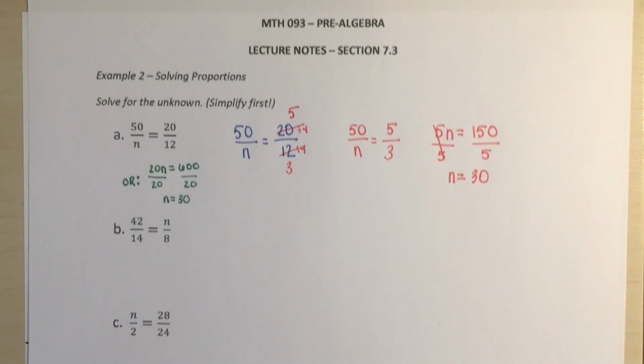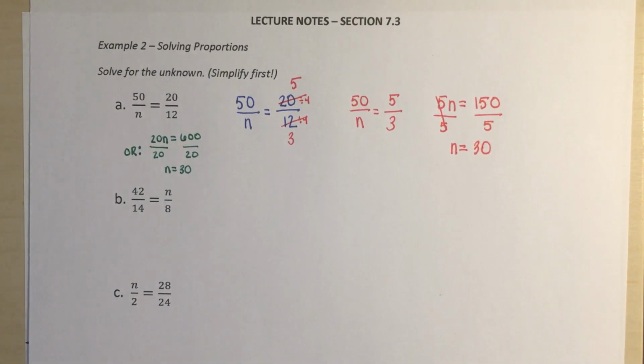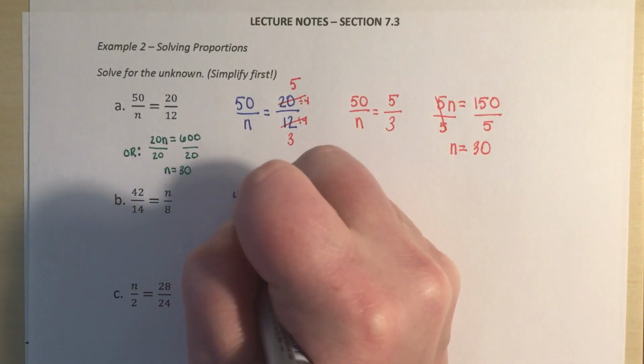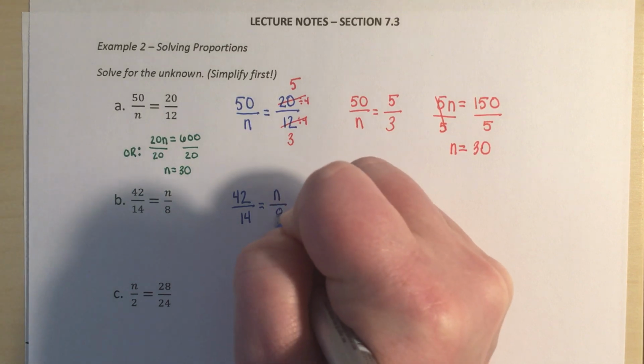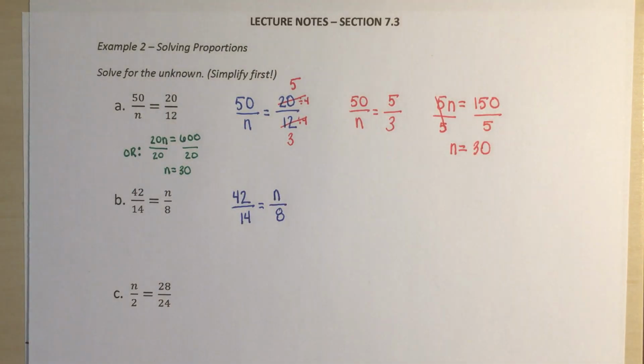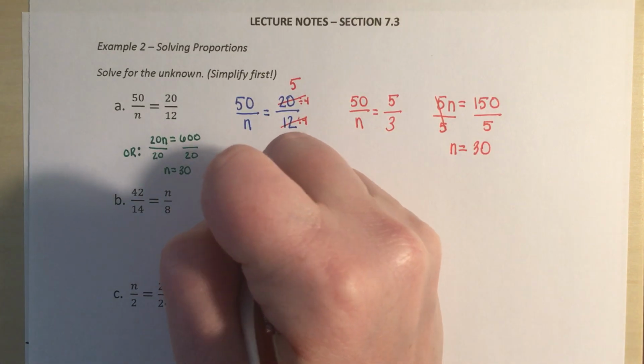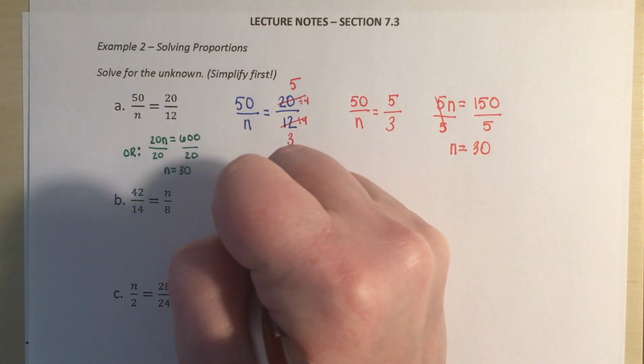All right, so let's look at B. 42 over 14 equals n over 8. 42 and 14, we can divide them both by 7, but we can also divide them both by 2. That means we can actually divide both of these by 14. Even if you do one or the other, if you divide by 7 or divide by 2, that will still help make the problem a little bit nicer. But if we divide these both by 14,